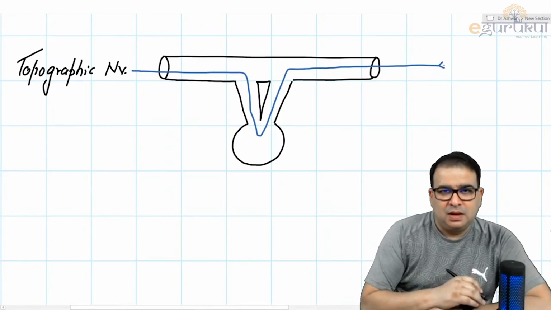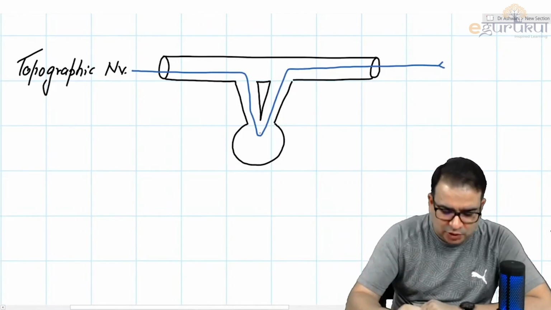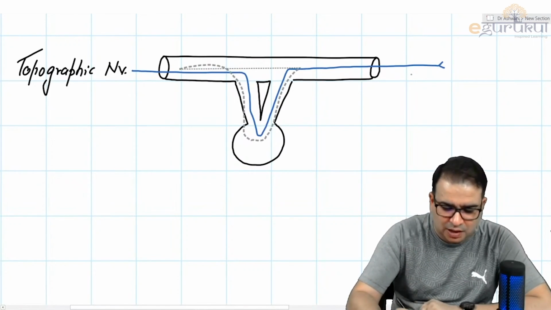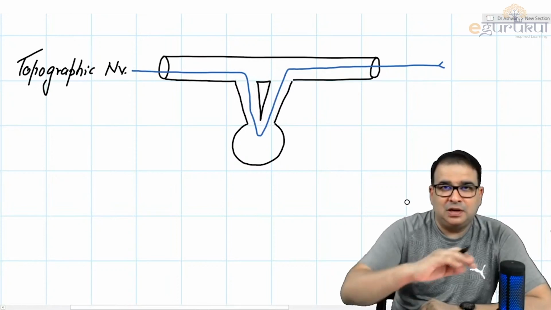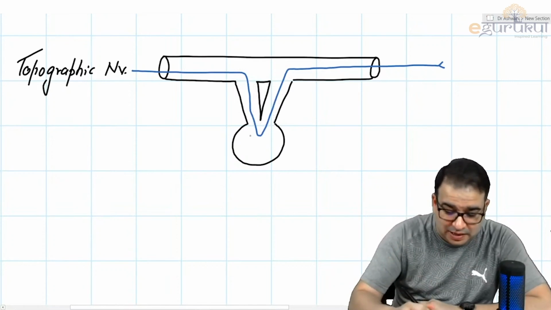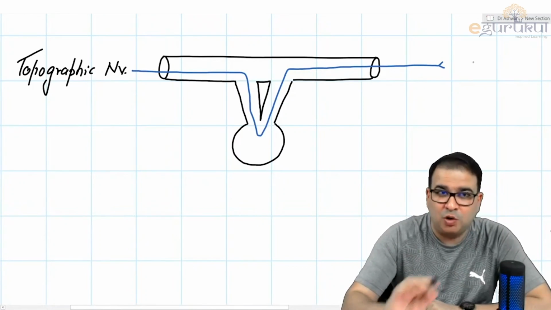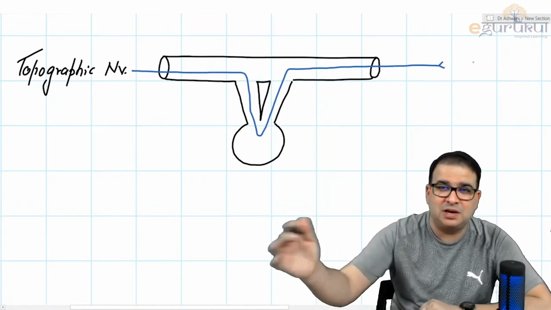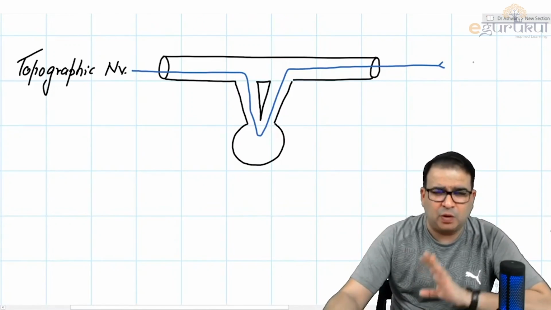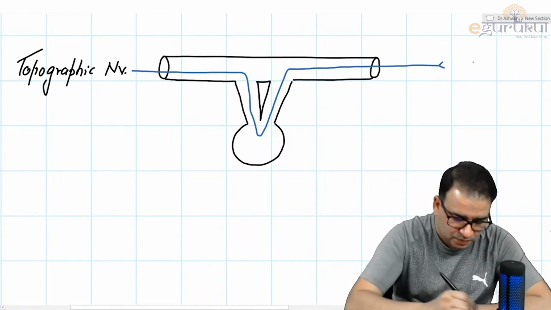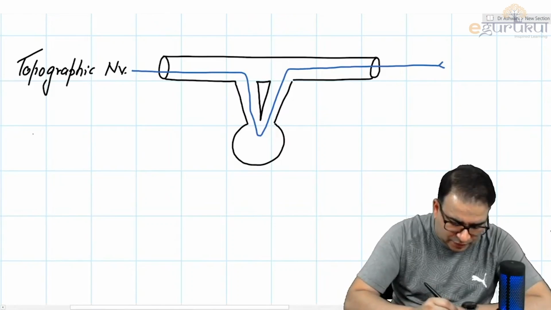Look at that. Andar gaya, bahar aa gaya. It is not relayed inside. It is simply going inside and comes outside here. Usually what should happen, the nerve should come inside, relay there, and then the post-ganglionic fiber should go out. But no, a topographic nerve simply goes in and comes out. That is a topographic nerve. And then the second type of nerve that you will see